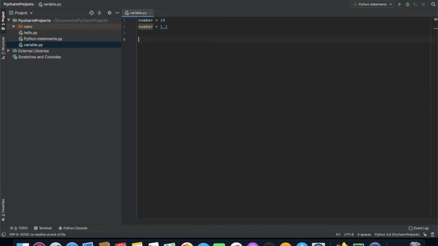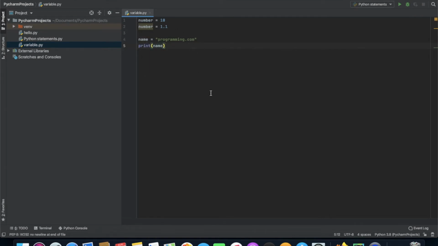So we're going to take a first example. I want name equal to, like we're going to create a website name, so I'm just going to write programming.com. Now if I print name, what is it going to do?